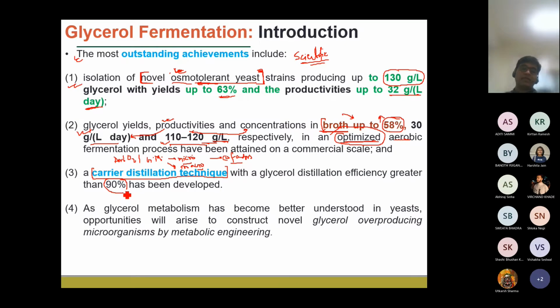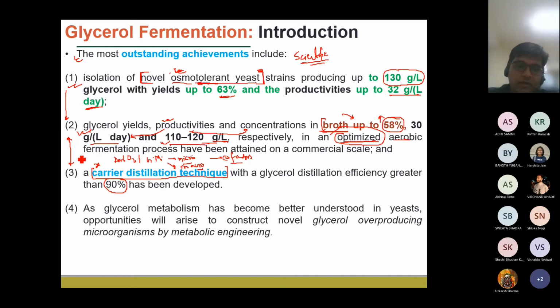Okay, so this particular technology has been developed. We look into what carrier distillation is and how it is performed when we discuss the downstream processes. However, you can see that at each and every step significant scientific advancements have already been made. That has come from the research that has been carried out,